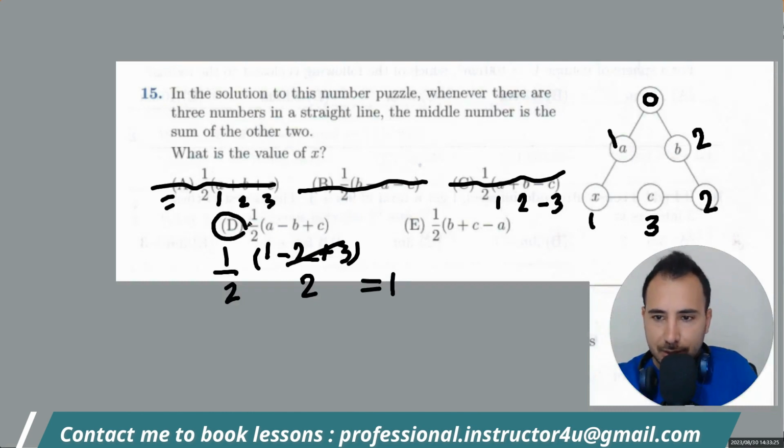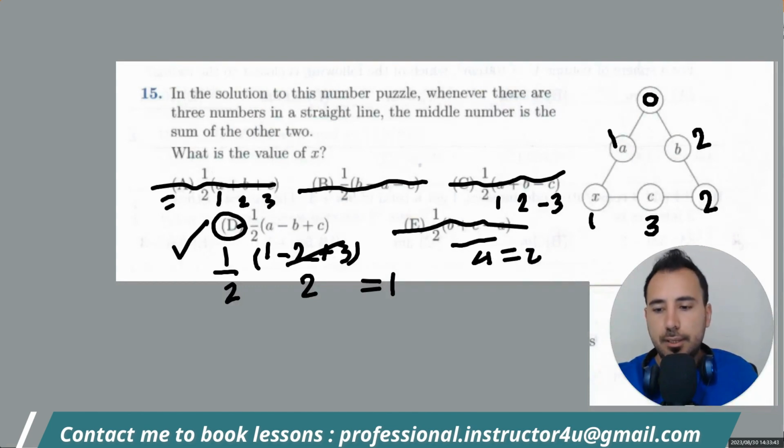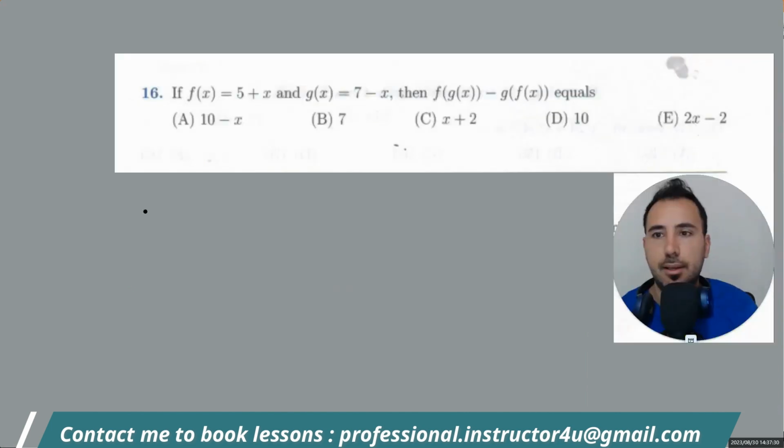So D is okay, but let's just check E. So B plus C will be 5, minus 1 will be 4. 4 multiplied by 1 over 2 is 2. So this one is again not the right answer. So the only one that could be the answer is D. So we're pretty sure D is the right answer. If f(x) is equal to 5 plus x and g(x) is 7 minus x, what is the